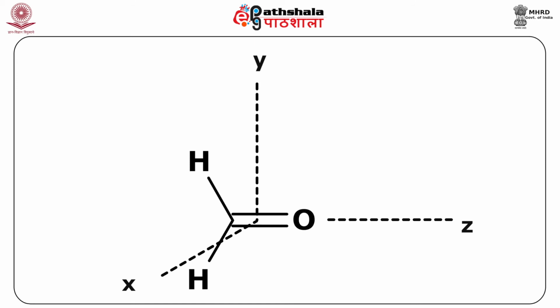This is always done in group theory. What we do, for example, in this molecule, is that there is only one axis of rotation, the C2 axis, so we will label it as z. Now we look for where we should label y and x, both of them should be perpendicular to z. Y we will label as the axis which is in the plane of the molecule, so that the plane of the molecule becomes yz, and the remaining axis is x, perpendicular to the plane of the molecule.